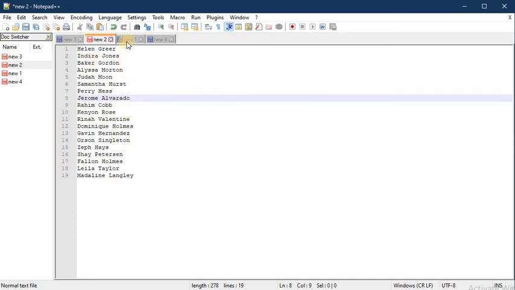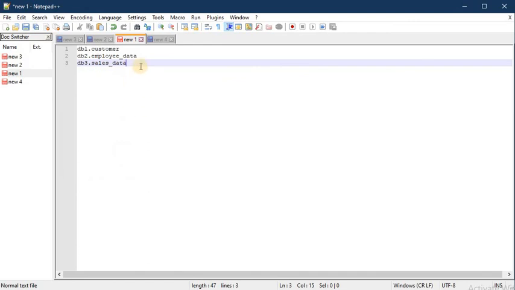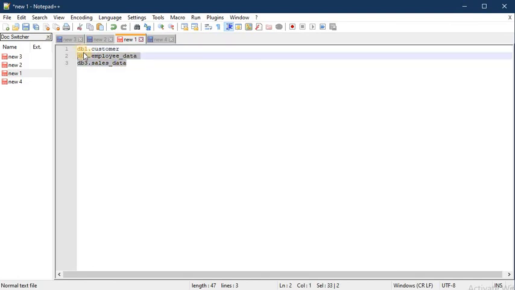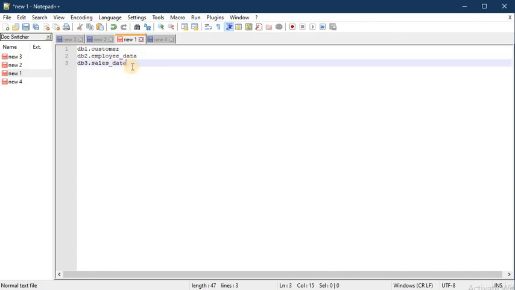The next useful case of vertical selection: if you are aware of databases, then this example is for you, but you can relate to other examples in your domain as well. Consider I have these 3 table names and I have to create a select star command for all.